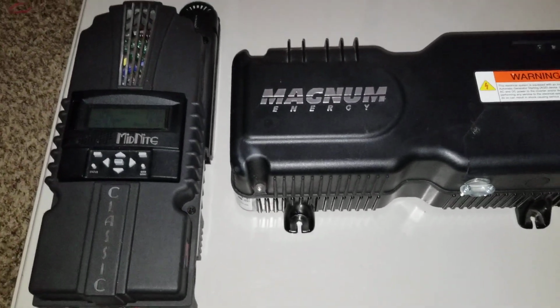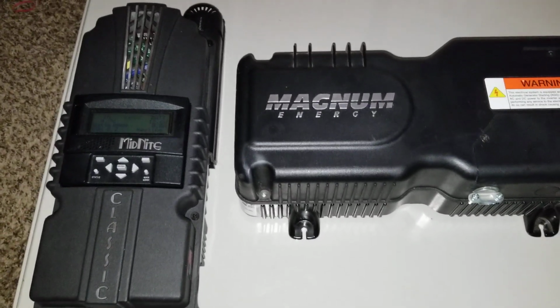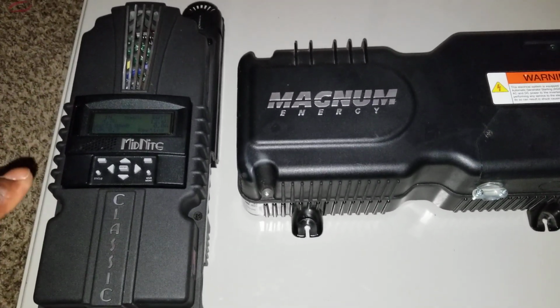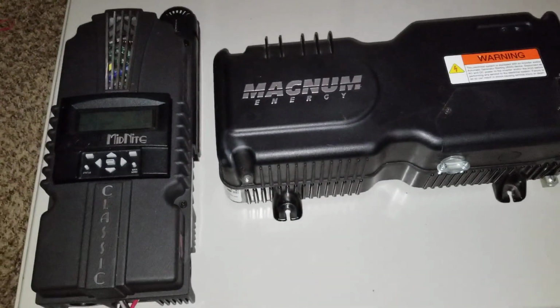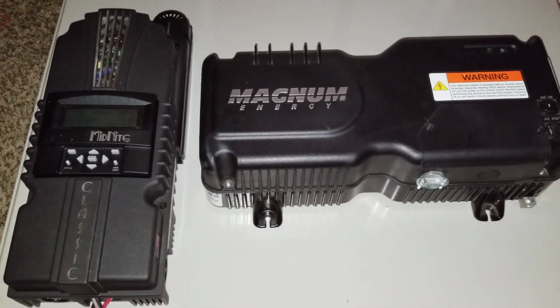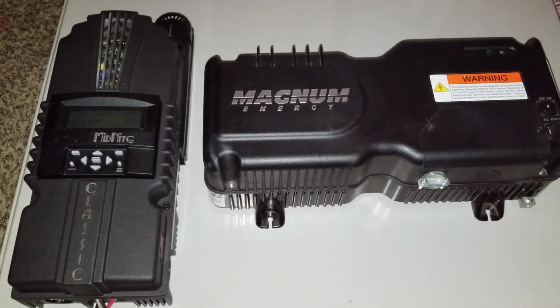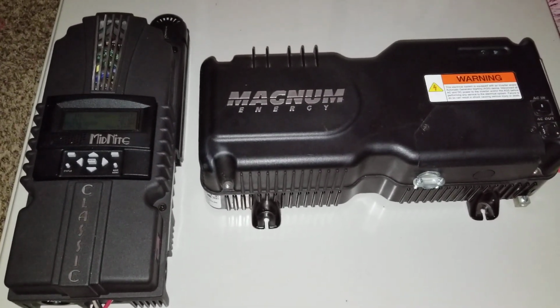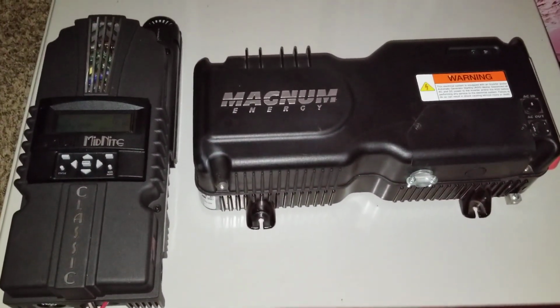and the Outback, and they're very good machines. Plus, having a Midnight Classic here, that's just awesome machines. If you want to get into solar, I would encourage you to get your hands on these. And if you want to start,